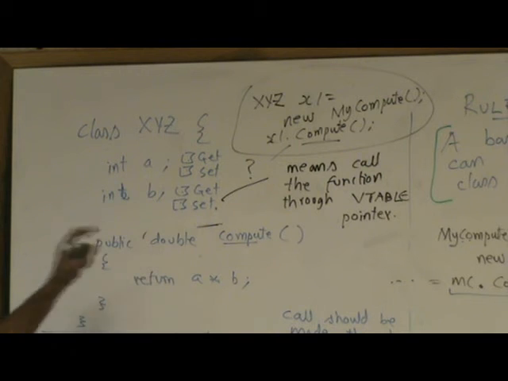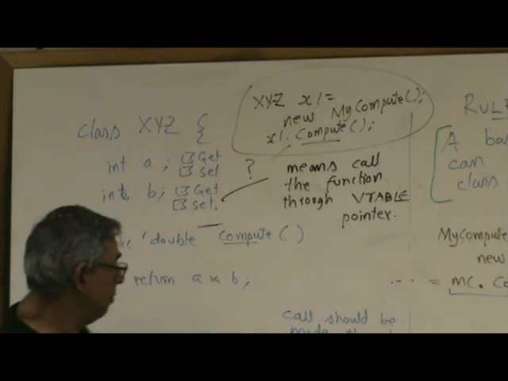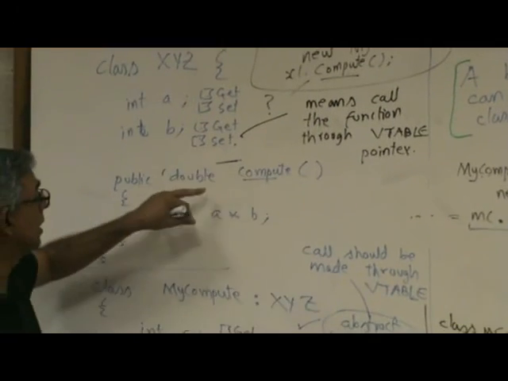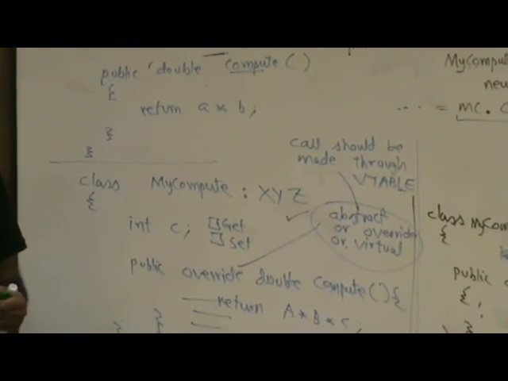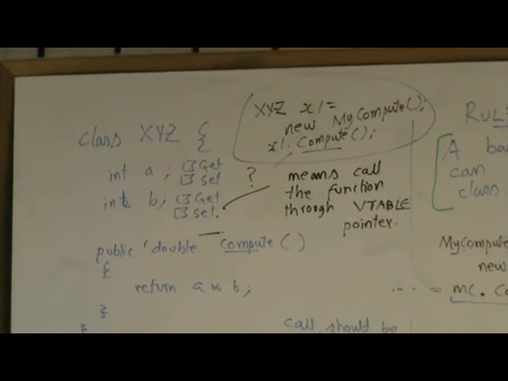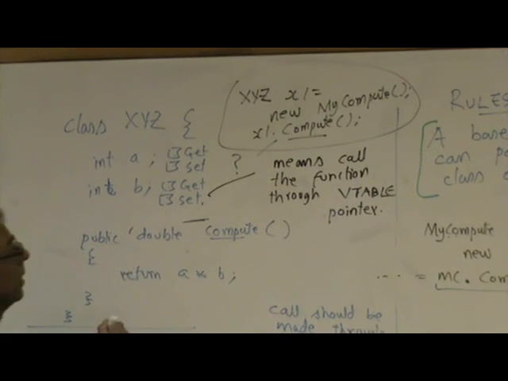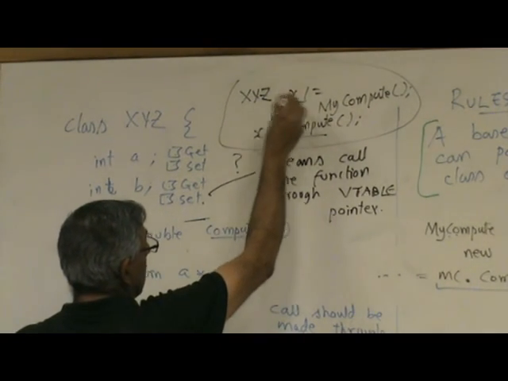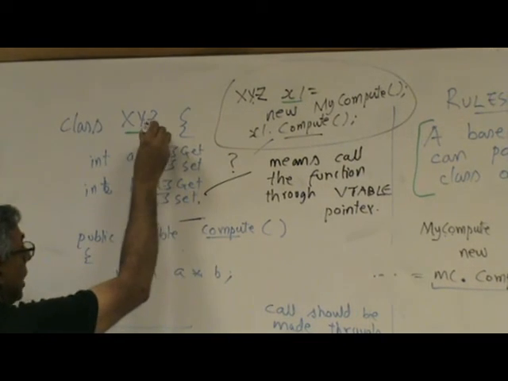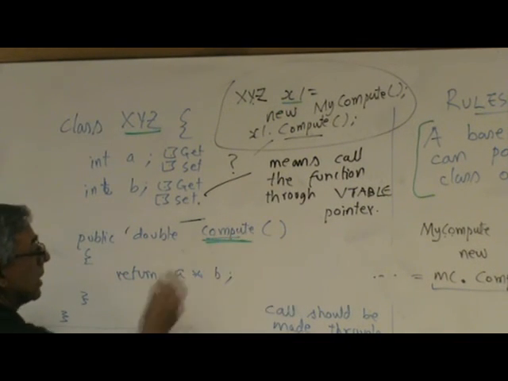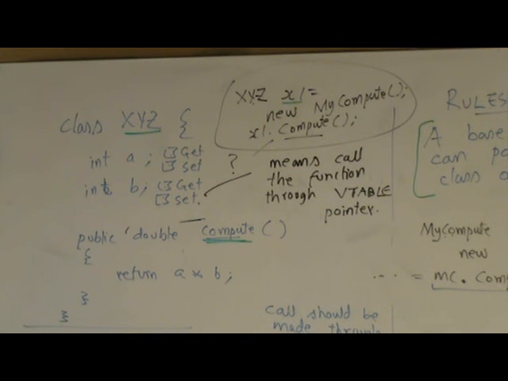Will it call the MyCompute or XYZ compute? It will call the base class compute. Because remember, once again, if you are the compiler, this is how you decide. You check what is x1. It is XYZ. So you will actually go to the XYZ class and you will examine how is compute declared. If it does not use one of those three keywords, abstract, virtual, or override, that means there is no need for a vtable. Okay, so if this compute